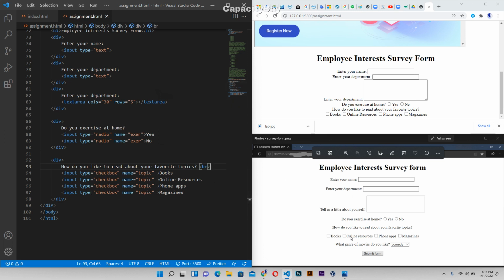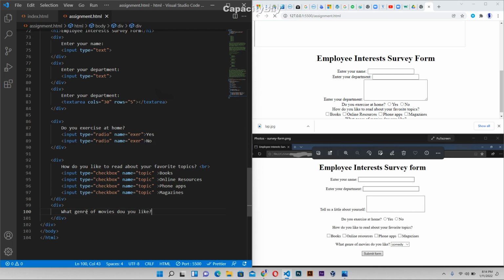Okay, so what's the next one is what genre of movies do you like? Alright, so I'm gonna do a different div for that, and then I'm gonna ask what genre of movies do you like, and then I'm going to pass in a select tag. I just want it empty. A select tag, and then in it I'm going to pass in options